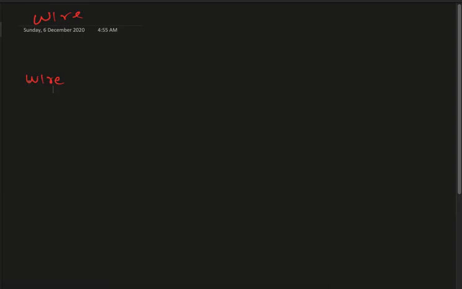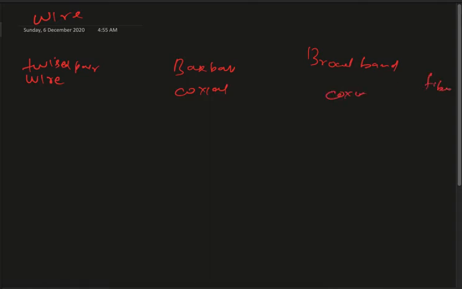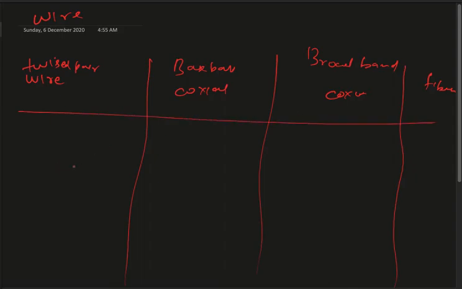वायर के ही बारे में बता रहे हैं, तो जान लीजिए एक ट्विस्टेड पेयर वायर होता है, ठीक है। और एक होता है बेसबैंड कोएक्सियल, एक ब्रॉडबैंड कोएक्सियल होता है, और एक फाइबर होता है, ठीक है। तो देखिए सबकी प्रॉपर्टीज जान लीजिए। सबसे पहले हम स्पीड जान लीजिए सभी की।